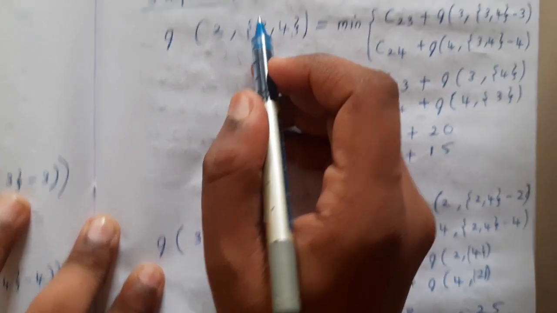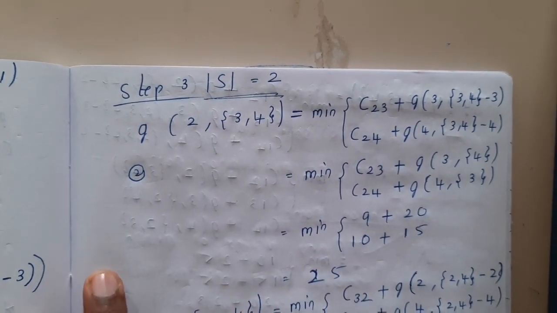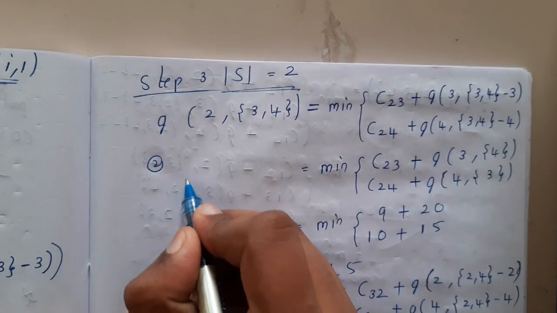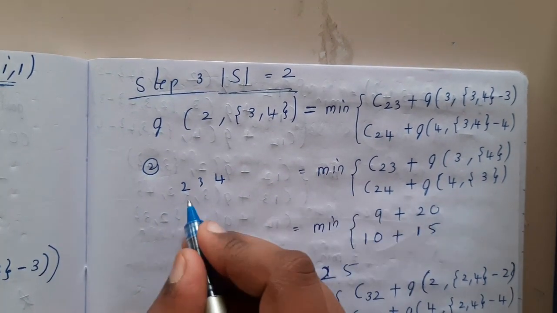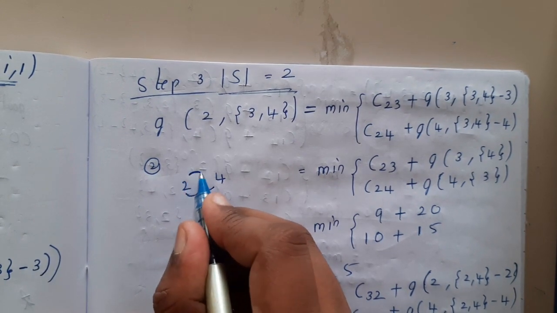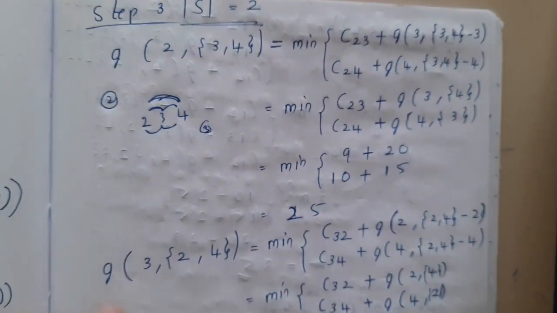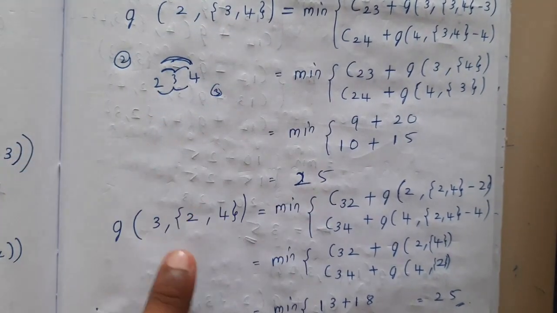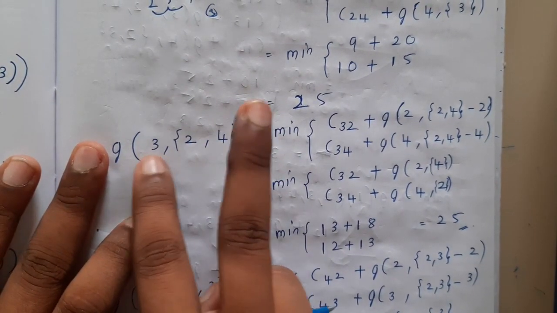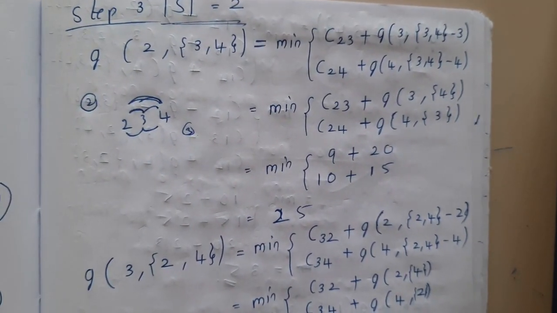Here we will be taking the number of elements as 2. So the number of elements here will be 2 elements, and the combinations are reduced now. Among 2, 3, 4, if you want combinations of 2 pairs, it is this with these both, or this with these both, or this with these both. So we are left with only 3 combinations. You will be doing the same process with 2, 3, 4, 3, 2, 4, 4, 2, 3. Don't write the combination 3, 4, 2 because that will also result in the same cost. There will be no change in it, because this is an undirected graph, right?